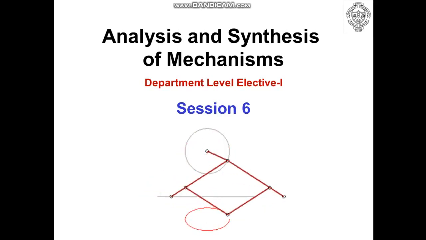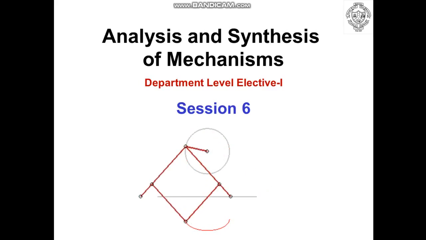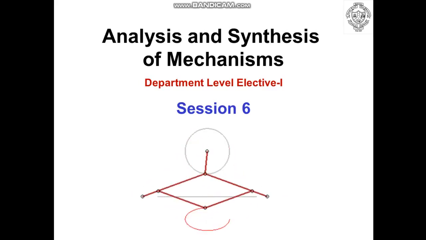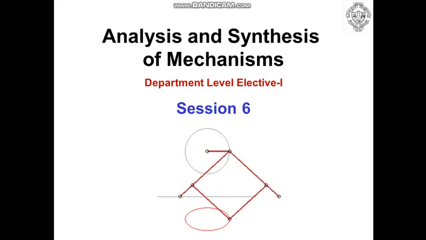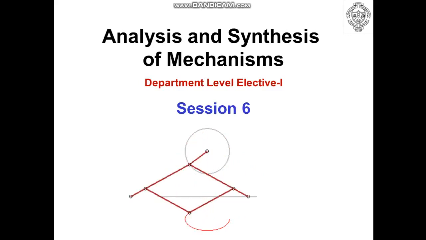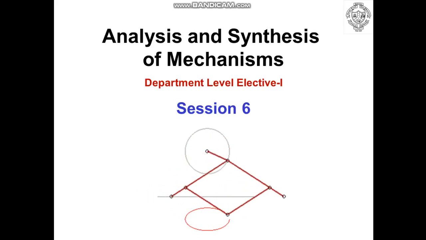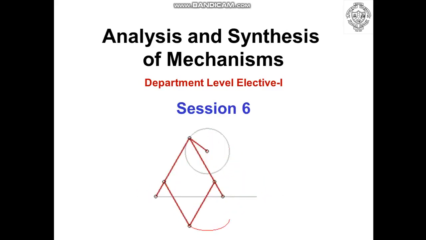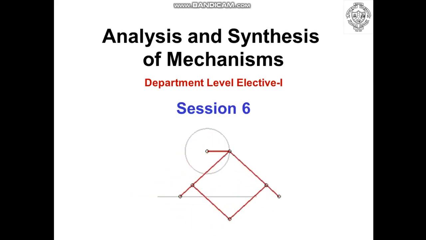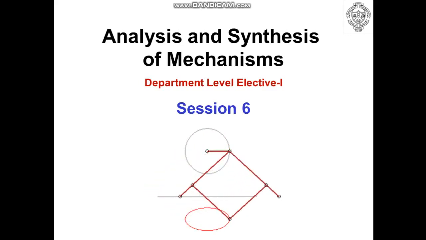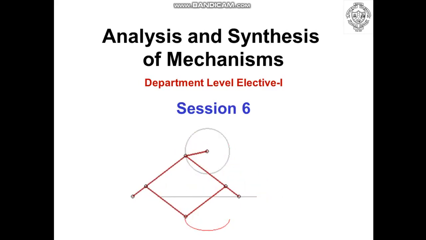And the last step, the third step, is dimensional synthesis, which refers to determination of the required dimensions of various links involved in the mechanism, which includes the length of links, distance between pivoted points for a fixed link, type of link, that is binary or ternary, angle between bell crank levers, cam contours, gear ratios, and so on. So this was a brief summary of steps involved in the synthesis process.